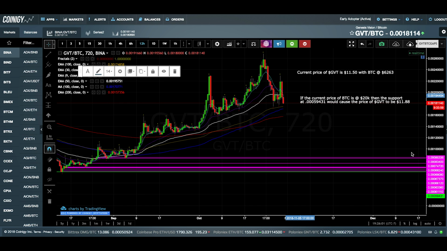The same goes for the support line. So this support line here, if you were to take 0.00059431 times 6263 for the current price of Bitcoin, it would give you $3.72. However, this same Satoshi rate of 0.00059431 times $20,000 would put GVT at $11.88. So that is something to think about when you're looking at a chart